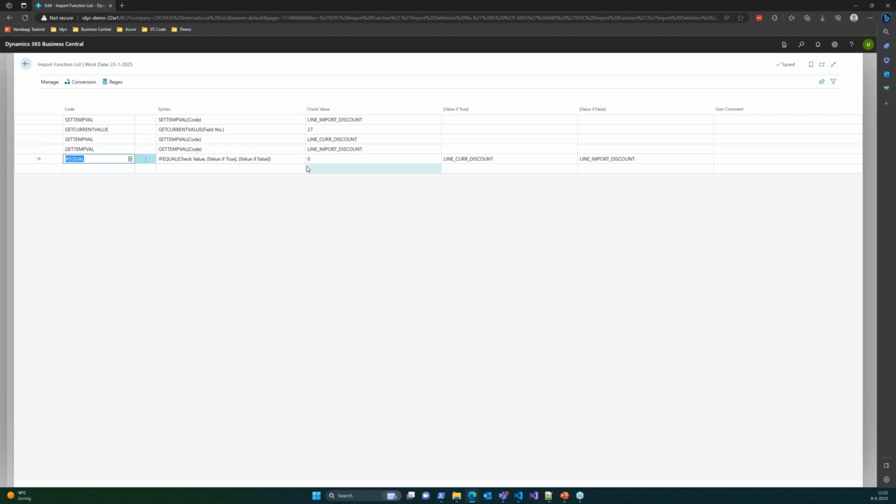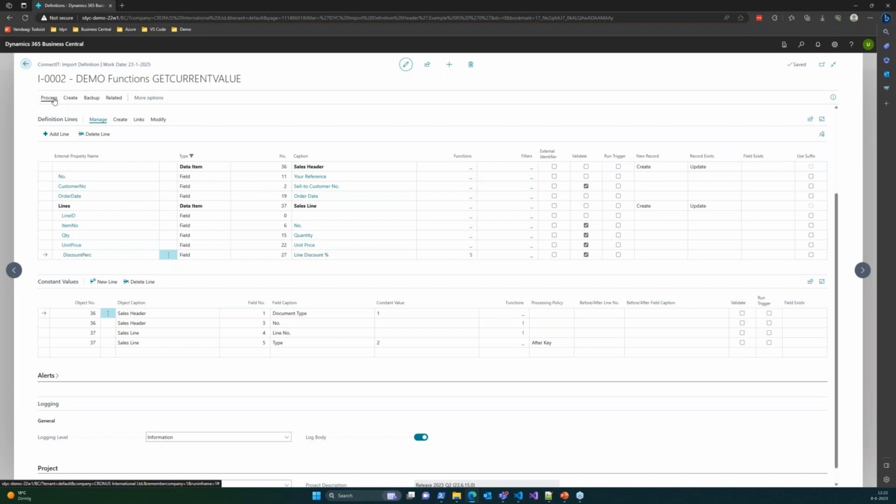That's something that was released with Q1, and here we check if this import discount value is 0, and if that's 0, then we will check the current discount, and if it's not 0, then we will use the import discount. So if you process this,